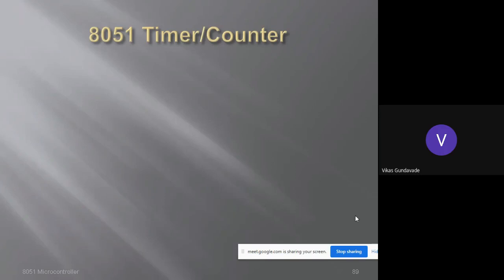Let's assume the microcontroller is used to turn on the LED of port 1. I am just giving one example. I want to turn on the LEDs connected to port 1 and keep them on for some time, let's say 5 seconds or a few seconds. Then I want to turn off the LED for a few seconds, again turn it on for a few seconds, and again turn it off. So in between turning the LED or port on and off, I need to provide the delay.